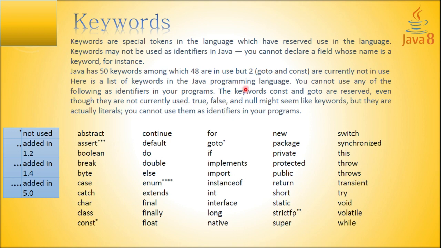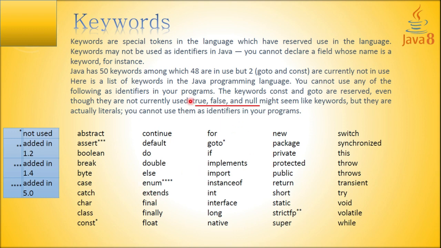Now I'm going to discuss this one a little bit. These are all the possible keywords available in Java. Only 50. With these only we are building our program. These are the official words that can be used in your program. These words all have special meaning declared in the language. That's why they are called keywords. They have key meaning. They convey certain meaning to the language. That's why it's called keywords.